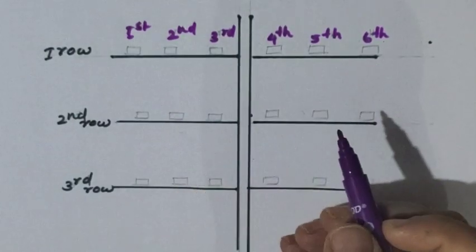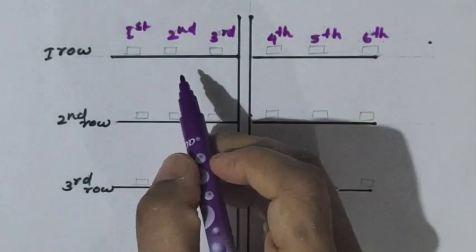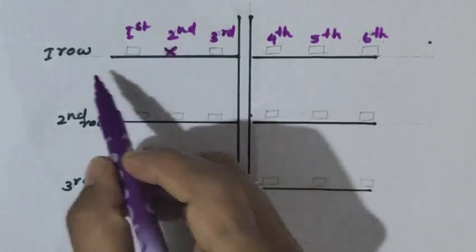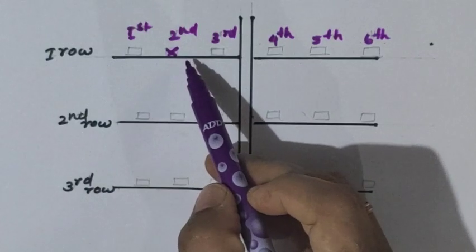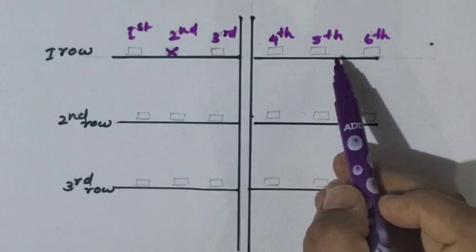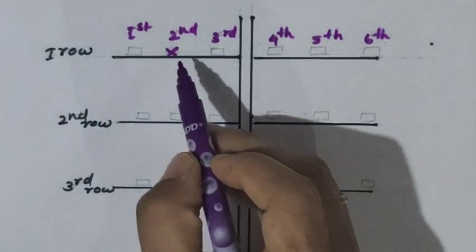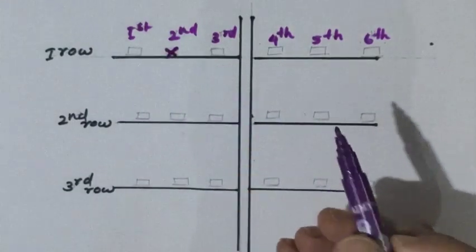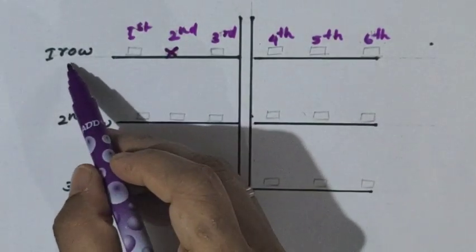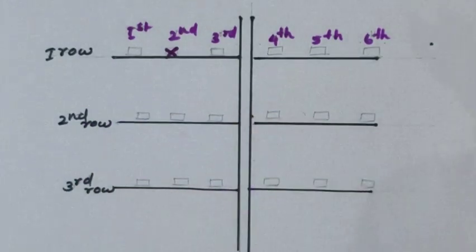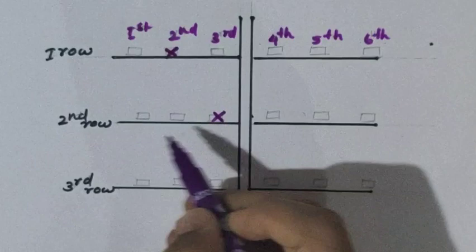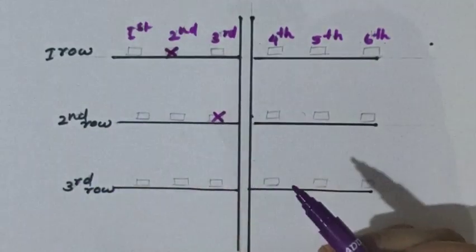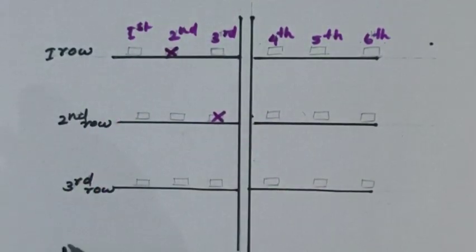Suppose it is a plan of your classroom and your position is the second. See, it is first row, second row, third row, and respectively first column, second column, third column, fourth column, fifth column, sixth column. Now the boy is sitting here, so what is the position we will tell? He is sitting in the first row and the second column, right? Like that, you can see his position, how we can tell: second row and the third column, right? So we are using row as well as column information.